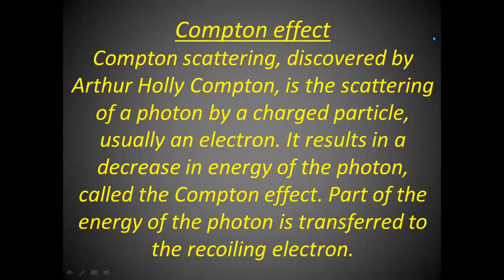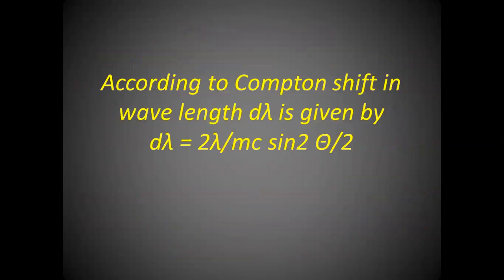It results in a decrease in energy of the photon, called the Compton effect. Part of the energy of the photon is transferred to the recoiling electron. And according to Compton, this shift in wavelength, that is d lambda, is given by